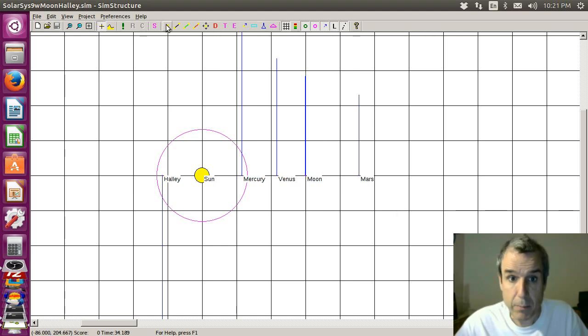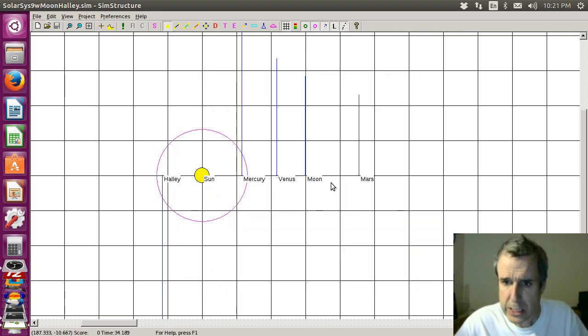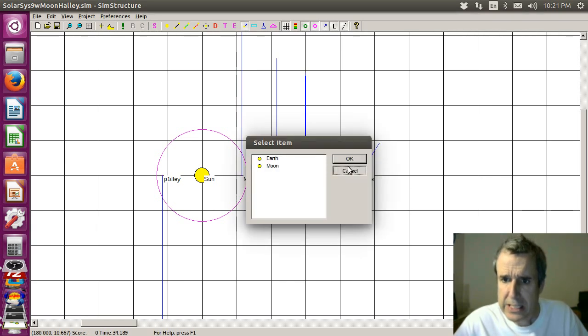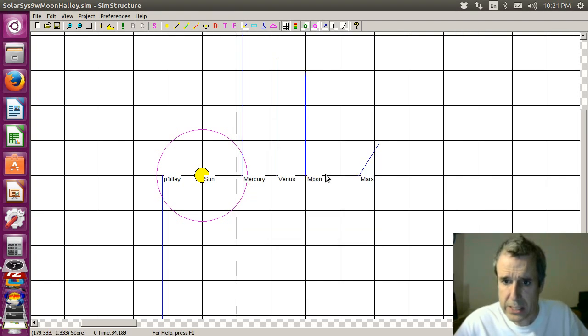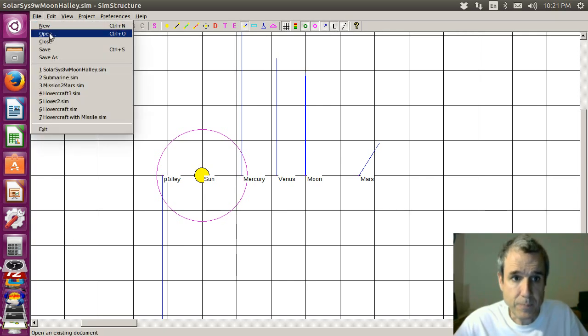Like if you just make a mass, and we can give it a velocity vector. Oops. I thought I placed a new mass. Let's get out of here. Anyway,